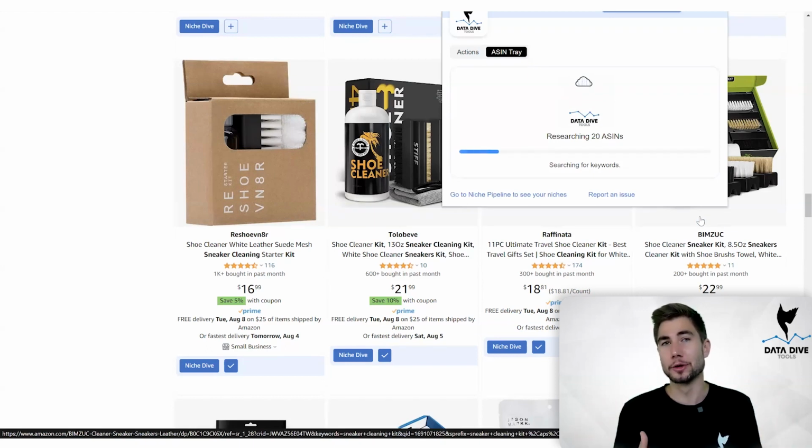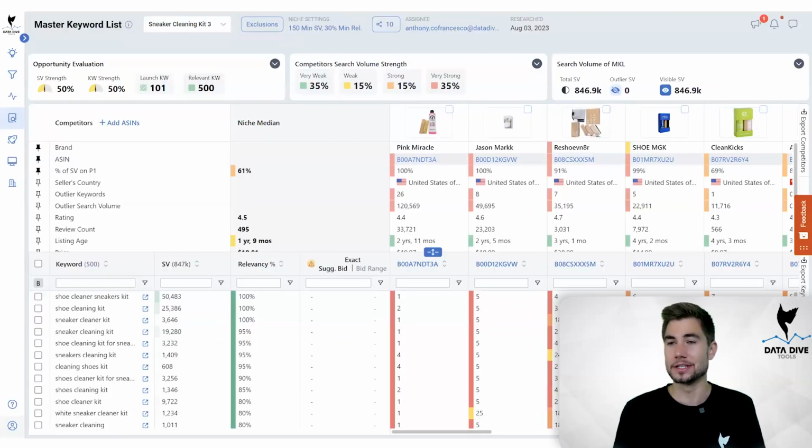So this master keyword list, you're going to hear me call it our MKL. This is going to be all of the important keywords that we need to focus on from a ranking perspective. And what we're going to be able to see when we get inside the tool is all of those keywords, and the corresponding organic rank for each of those competitors. And then we're going to use that to see if there's any gaps, and then I'll show you how to fix those gaps using Data Dive.